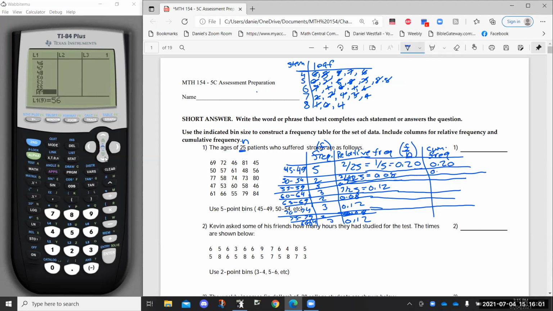So this is 0.28, another 20% there is going to be 0.48. Then we're going to add 12% to that, which is going to be 60%. Add 8 to that is going to be 68%. Add 12% to that is going to be 80%. Add 8% to that is going to be 88%. Add 12% to that, I get 100% at the end,